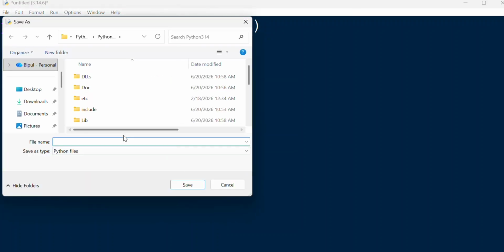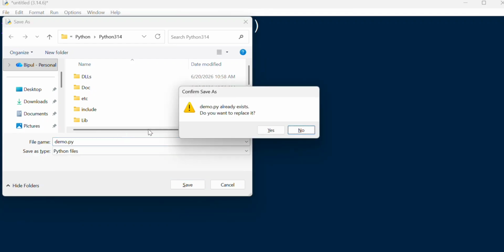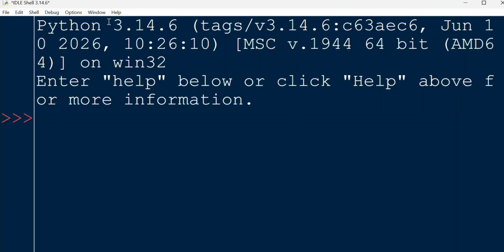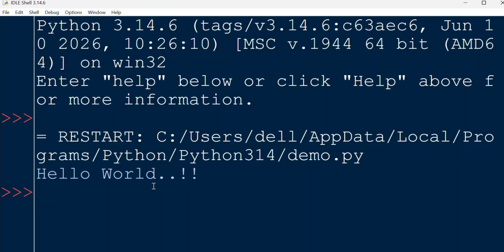Just save it. I'm saving it as demo.py. .py is the extension of the Python file. It recognizes the Python file. Okay, now go to Run and go to Run Module, and here you will see the output hello world is